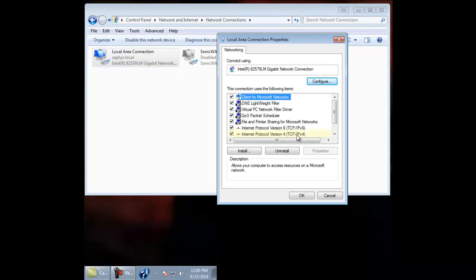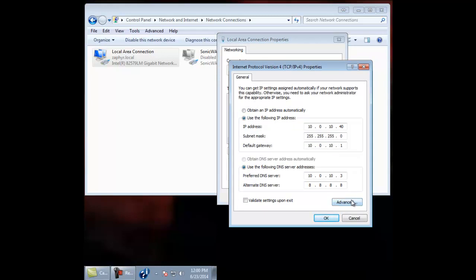And this is of key importance. You have to go down to where it says Internet Protocol Version 4, TCP/IPv4. Highlight that. Make sure you don't uncheck this box. It's very important that you don't do that. Highlight the words Internet Protocol Version 4 and then click on Properties. Once you have Properties, and just for a second, ignore what I have here. I want you to put in